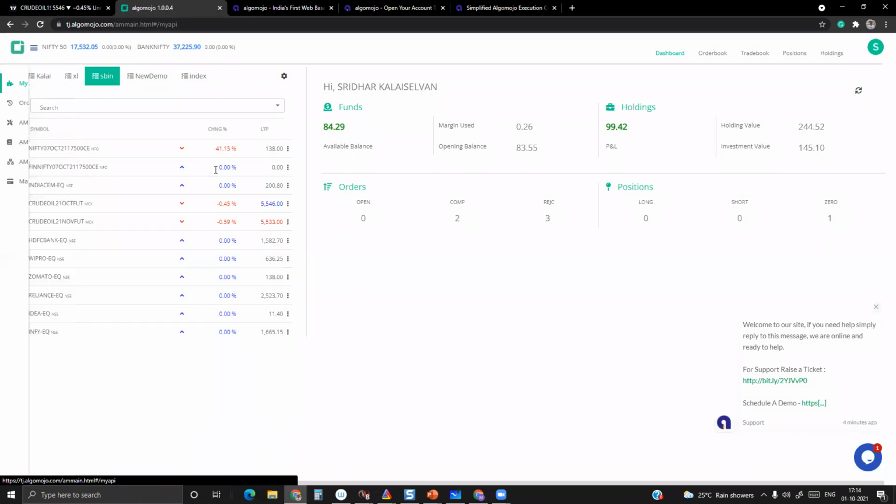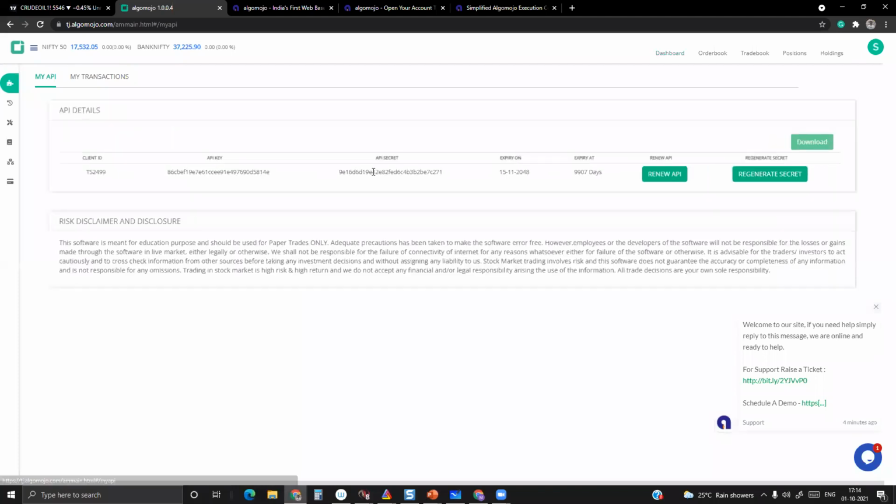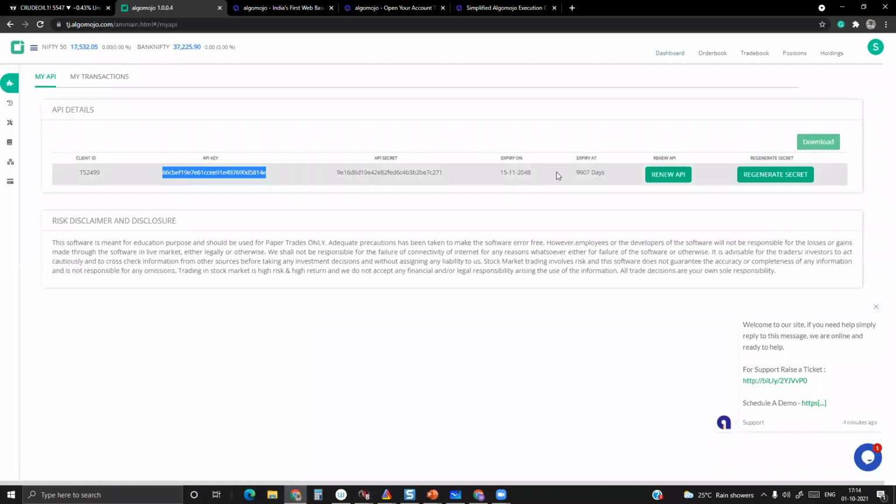Once you open a trading account, automatically within 24 hours, your API key and API secret key access will be extended to lifetime access. By default, you'll see some 10,000 days added. But when that runs out in the future, it will be upgraded again, and once more you'll get lifetime access. So you don't need to worry about those things.